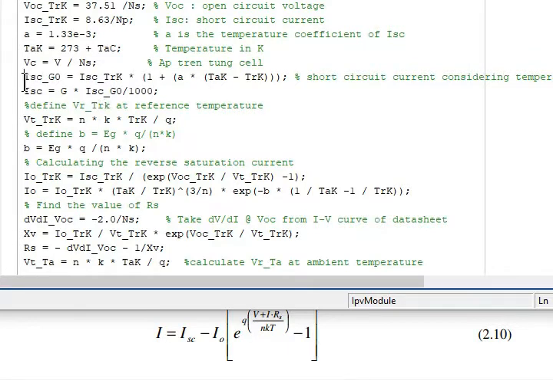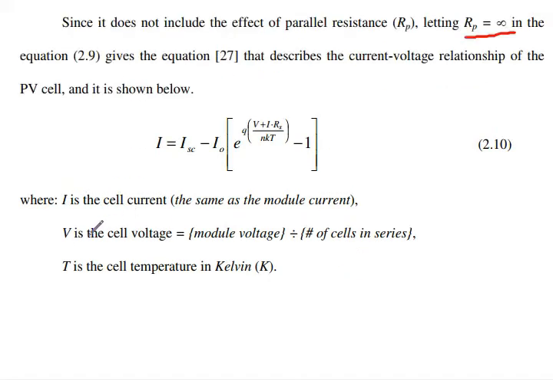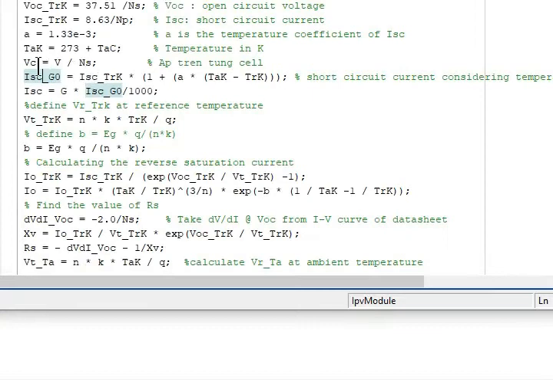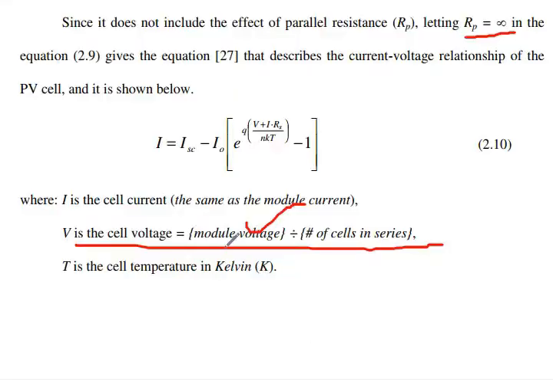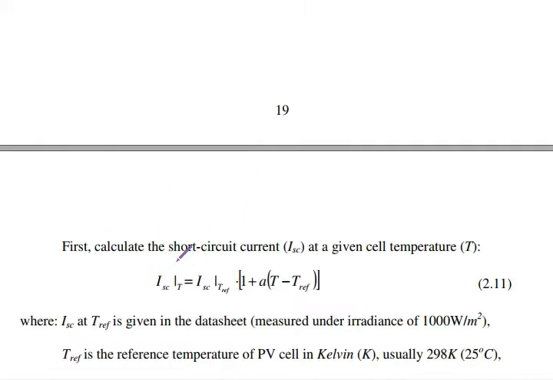First of all, we have to calculate this PV module current. The cell voltage is given by the module voltage divided by the number of cells in series. So we have implemented this equation here, and the next thing is to calculate the current that is being generated by this PV module at ideal condition, and at those conditions when the temperature is varying and the irradiation is varying. We will calculate it in detail.